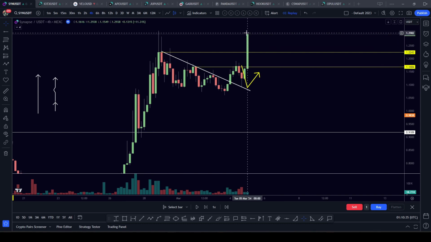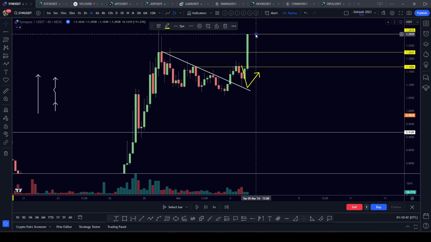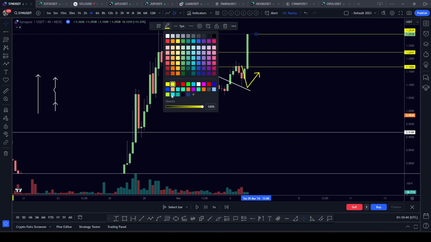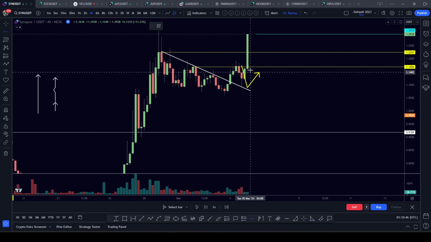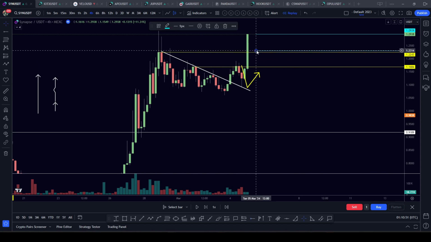Now, since it did close above this level and especially this level, for me, I would personally enter right now at this current body candle close and also have a lower entry just in case it comes down, which more than likely it will, to about right here, and then maybe even one down here, but we'll just do these two. And let's see what happens.